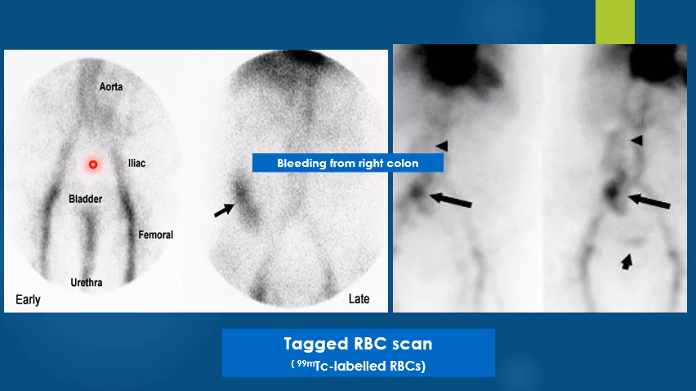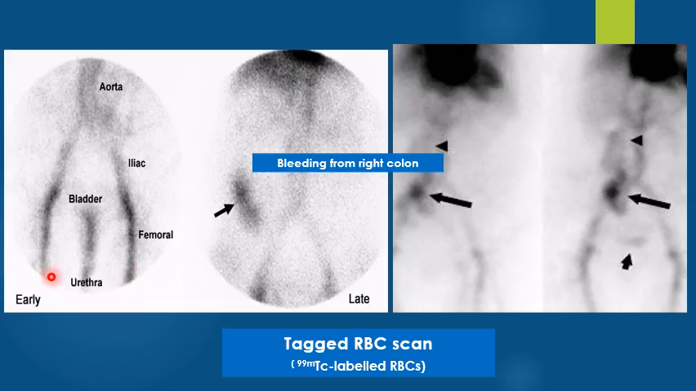And these are pictures of the tagged RBC scan. The RBCs taken from the patient are tagged with a radioactive isotope such as technetium, and then re-injected back into the patient, and radioisotope scanning is done of the abdomen. Here you follow the path and the behavior of these tagged RBCs. So this is a normal scan,